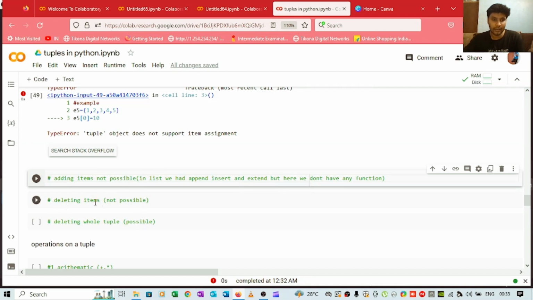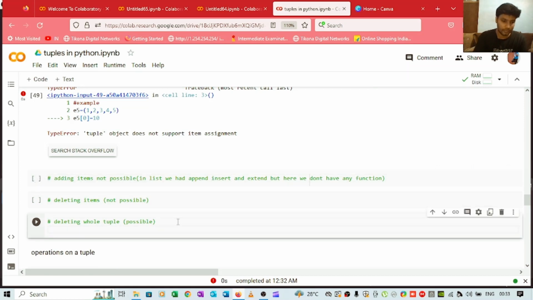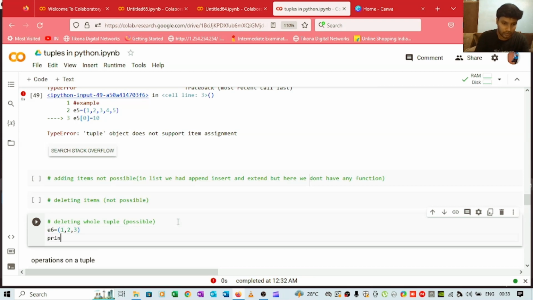And deleting is also not possible. If we want to delete a particular item from a tuple, that's not possible. You can delete the complete tuple. I'll show you guys the example. So let's say we have e6 equals to, let's say 1, 2, 3, and if I print e6,